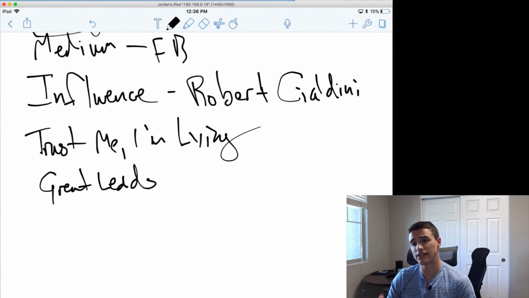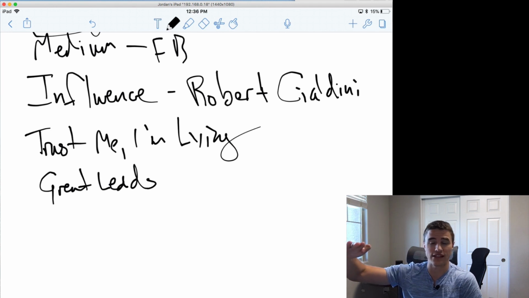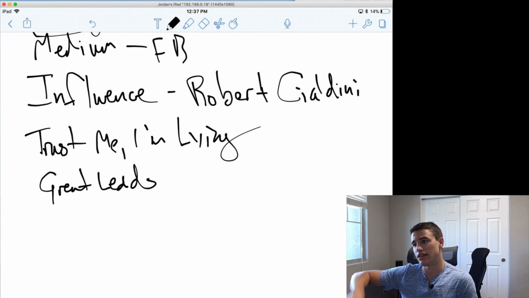Great Leads is just a really great book identifying the core thing to optimize for in any piece of content that you write, which is essentially that the goal of the headline is to get people to read the first sentence. The goal of the first sentence is to get people to read the second sentence. And that is how you should structure all of your content. If that line is not getting people to read the next sentence or the next paragraph, then you're going to lose them. And that's how you write really great content.